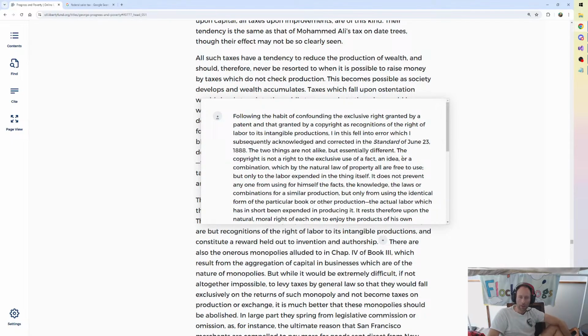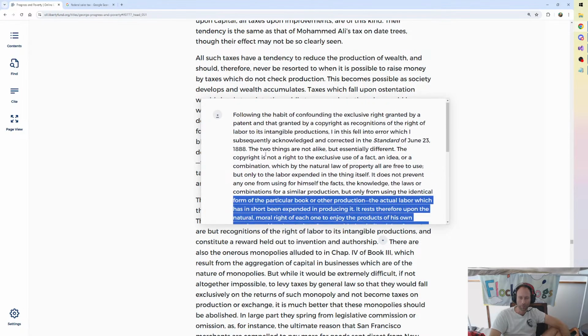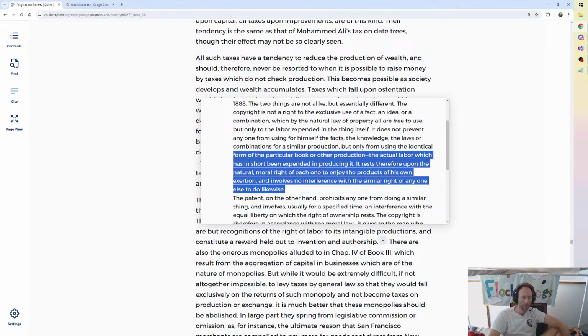The two things are not alike, but essentially different. The copyright is not a right to the exclusive use of a fact, an idea, or a combination, which by the natural law of property all are free to use, but only to the labor expended in the thing itself. It does not prevent anyone from using for himself the facts, the knowledge, the laws, or combinations for a similar production, but only from using the identical form of the particular book or other production, the actual labor which has, in short, been expended in producing it. It rests, therefore, upon the natural moral right of each one to enjoy the products of his own exertion, and involves no interference with the similar right of anyone else to do likewise. Yeah, he's arguing that patent and